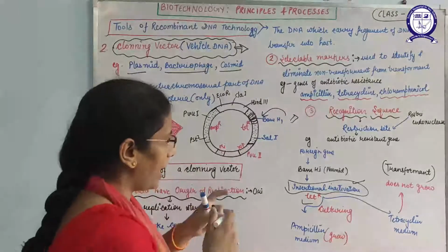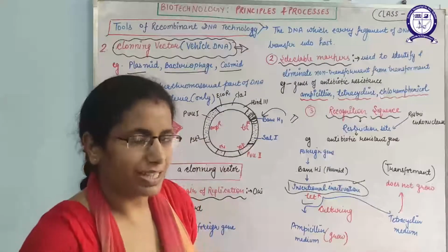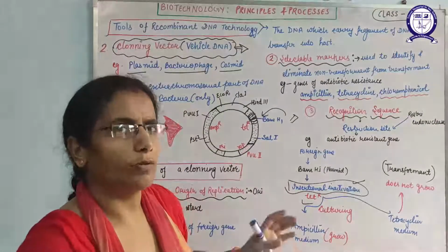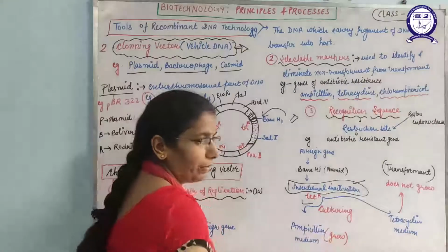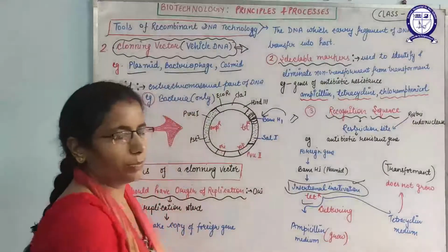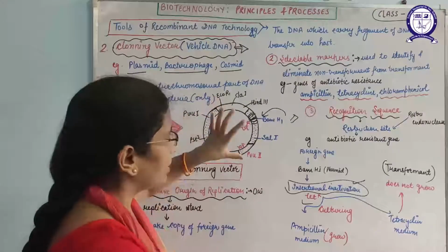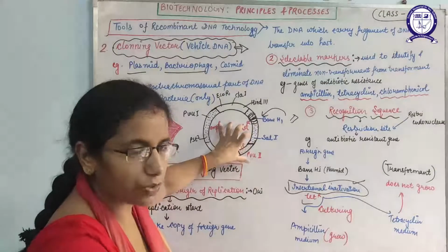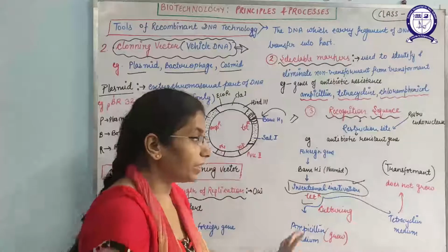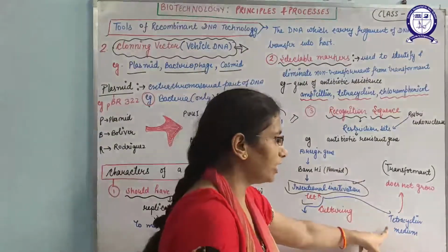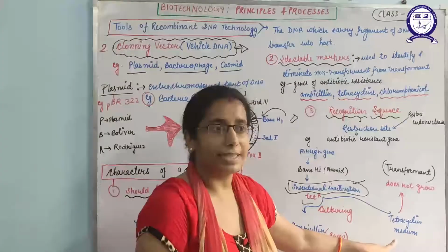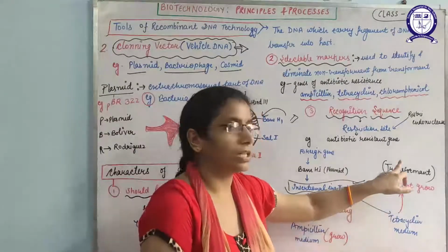After that, we can add this plasmid into a bacterium that will be the host organism, and we can multiply it by making a number of copies, and we can culture it. Where will we culture it? We can use an ampicillin medium and a tetracycline medium. Then we will see that the bacteria that have this plasmid in which we have inserted the gene will grow on the ampicillin medium, but will not grow on the tetracycline medium. So I have written here, it does not grow on the tetracycline medium. It means it is a transformant.